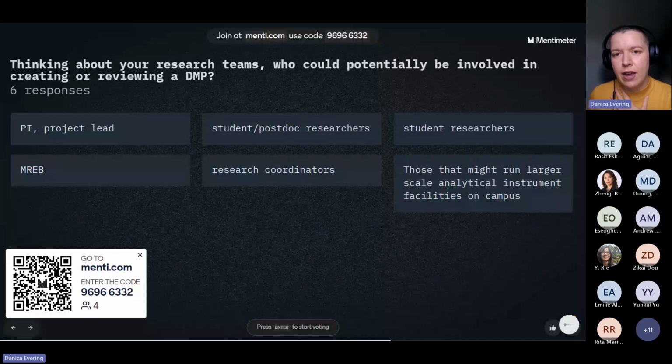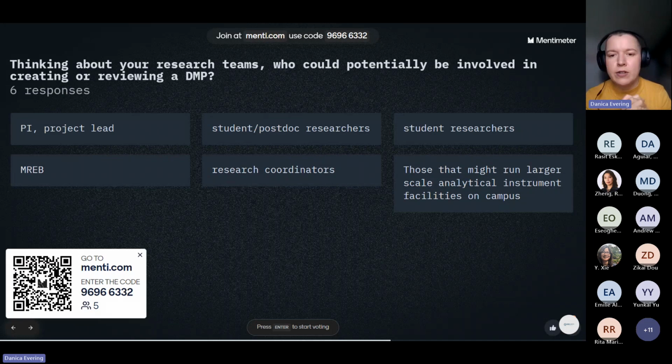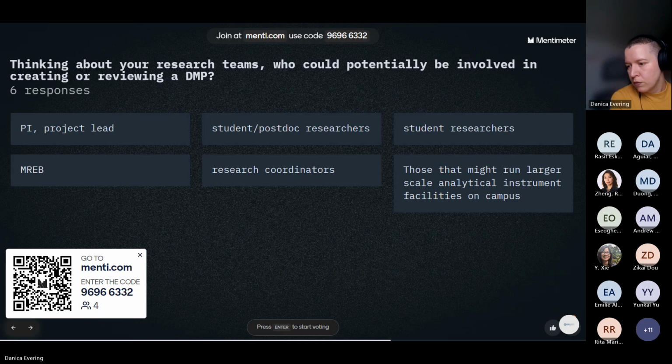Same question as before, who could potentially be involved in creating or reviewing a DMP? And there are a couple of things that we talked about today that might be added here. And again, you can scan the Menti or go to the link.